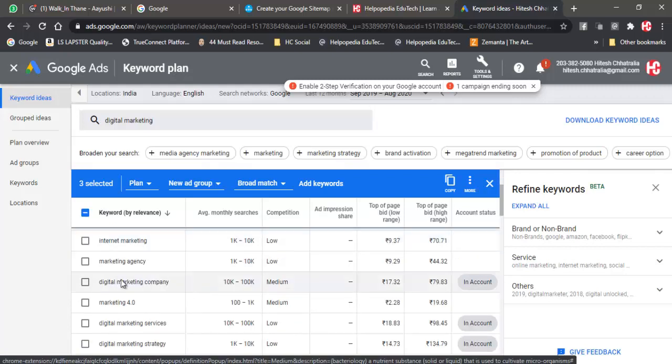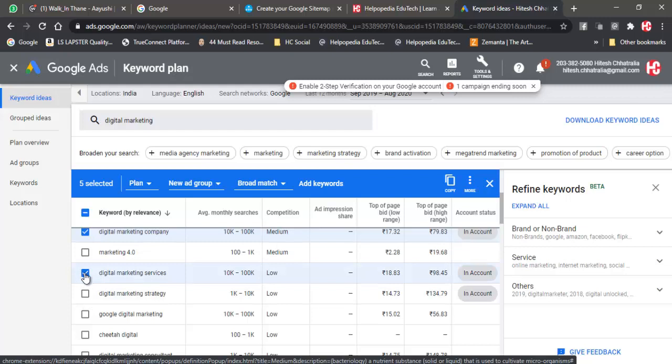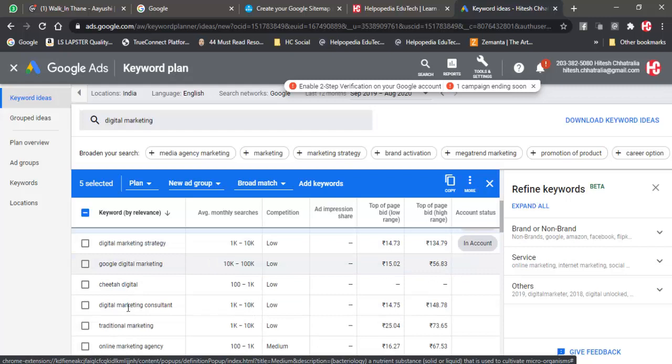So all important keywords which are having more number of searches and low competition, we can select those keywords and we can use them in our content. So now I decide that okay fine, I can use primary keywords, secondary keywords and tertiary keywords in my content. But what if I use all these keywords, I make my whole content search engine friendly by using all the keywords that people are searching on Google.